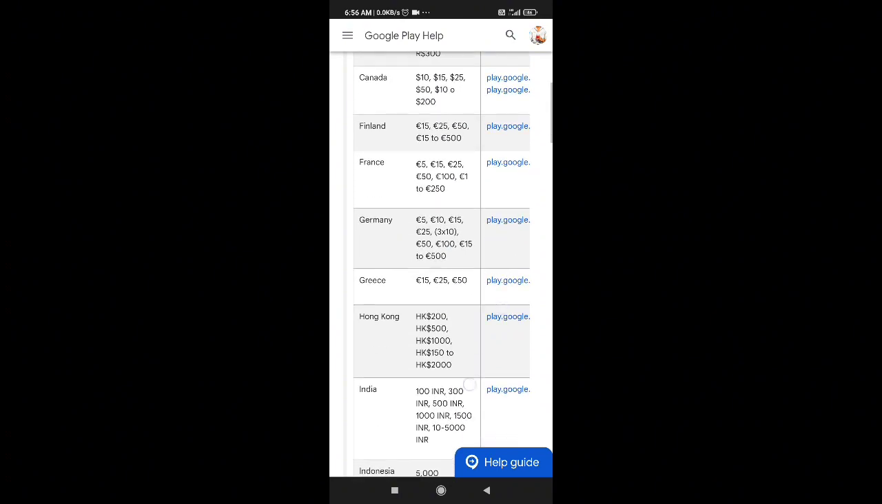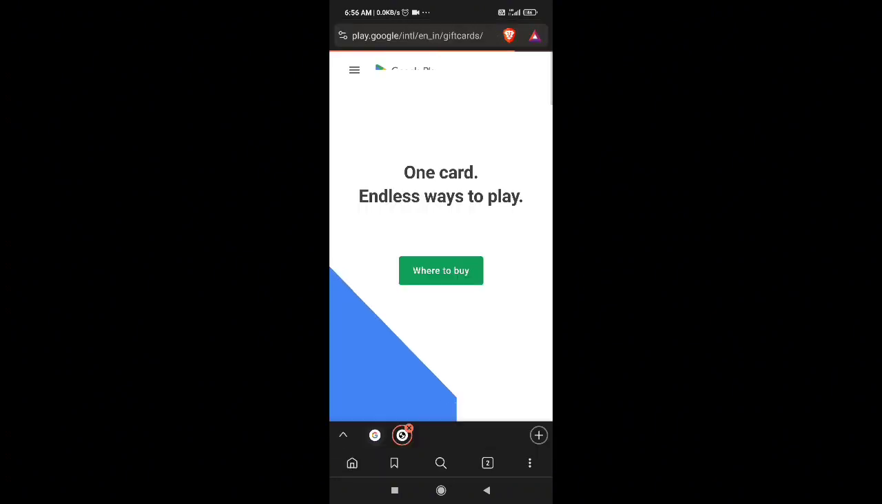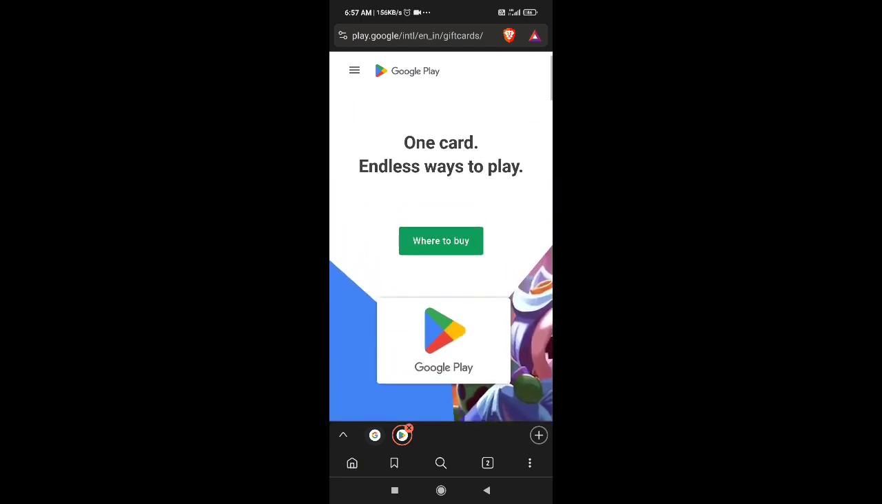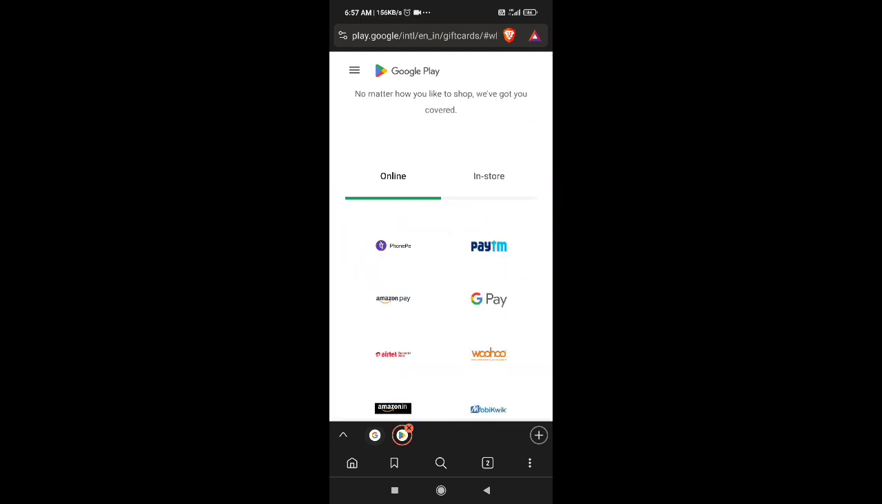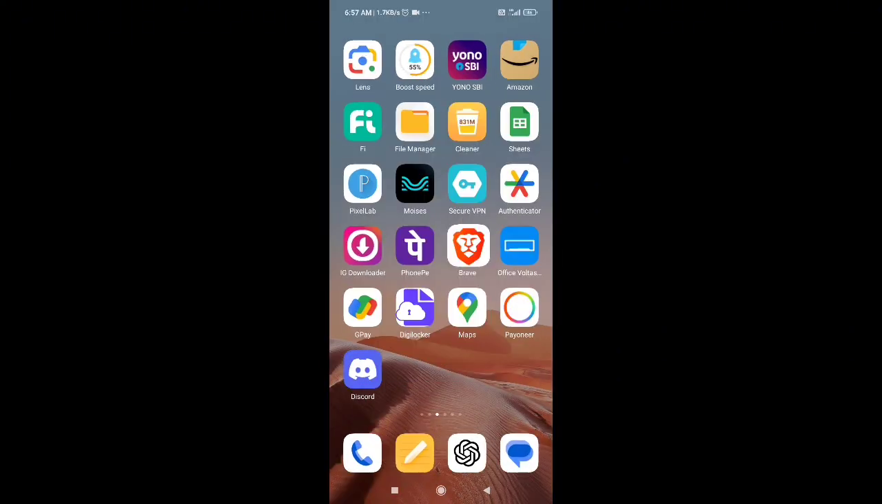so select your country from here. As my country is India, I will just go to this section and click on where to buy, and according to your country it will give you the options to pay. So just simply buy it, and then what you have to do is you have to come to your Play